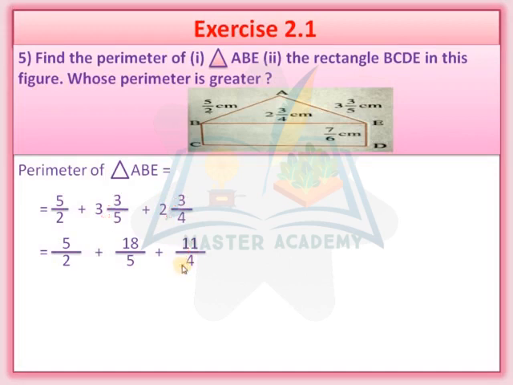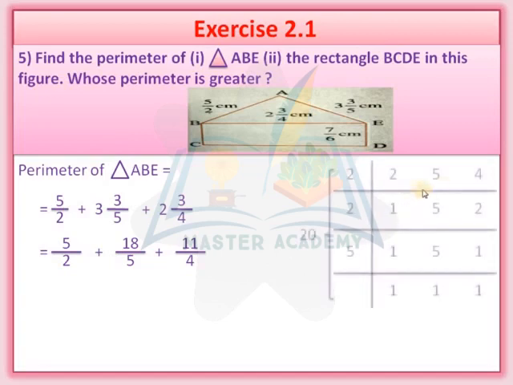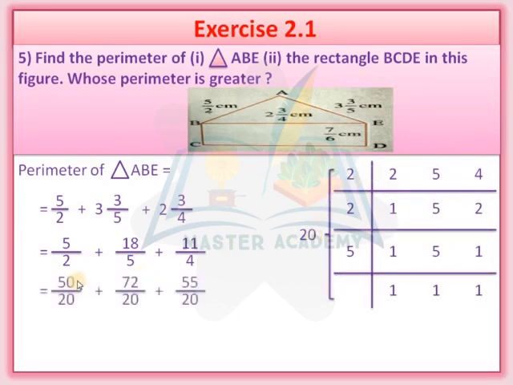Okay, now here you can see 2, 5 and 4, all the denominators are not the same, so we are going to find the LCM. So LCM is 20. Okay, clear? Now you can see how to get the answer. All the denominators are the same, 20, 20, 20, I have written. Now check it. This is a 2, right?